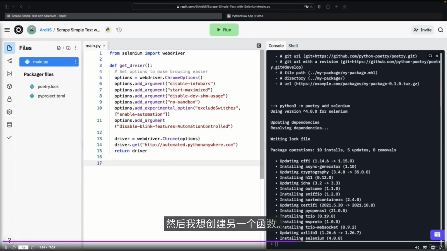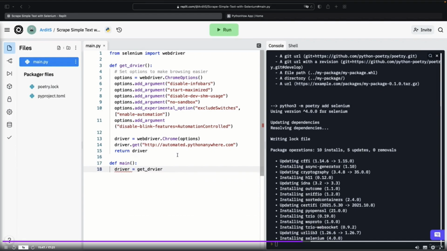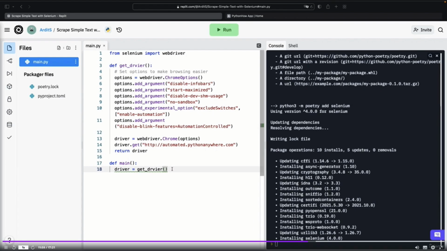And then I'd like to create another function. So let's name this main. And here I'm going to get the driver from getDriver. So we call that function. Therefore, this variable now holds this driver because that function returns that, so it makes sense.